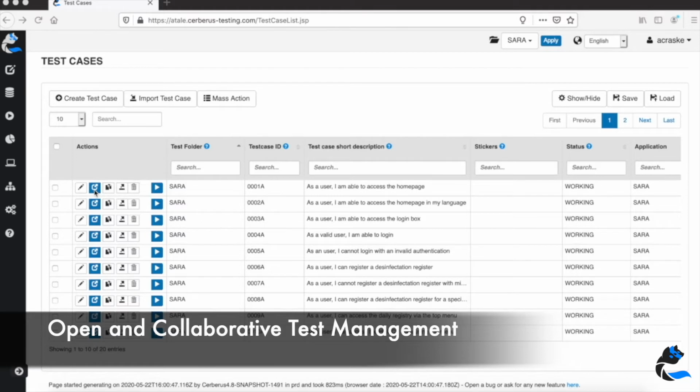It was really to have something on a web interface available to business, developer, and testing teams. As you can see here, all your test cases and references are directly inside Cerberus. There is a short description that you can define in a use case type way, like: as a user, I'm able to do this and verify that this feature is working as expected. You can see there is a status column that enables you to manage the workflow of your testing implementation, and you can also arrange them in folders.